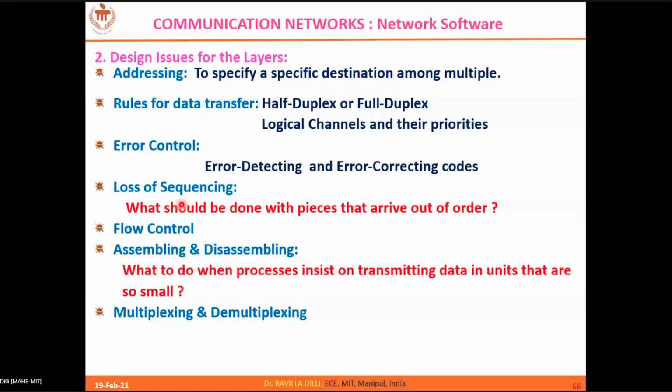But at the receiving end, how exactly are you going to demultiplex them and give them to the corresponding servers, right? When I use manipal.edu, I should not get something from YouTube. In the same way, when I use youtube.com, I should not get something from Gmail. So that demultiplexing also should be very proper. How exactly do you perform these things? That is the issue with multiplexing and demultiplexing. We'll address all of this in detail.